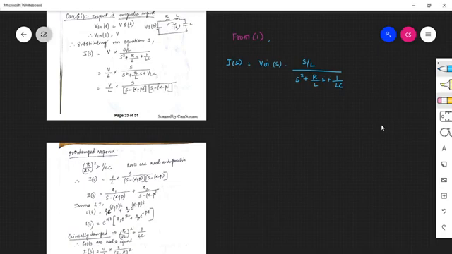As a continuation to the previous video, we are going to see the next two cases where the input is considered to be an impulse response or an impulse input, and the third case is when the input is a sinusoidal input. Case 1 was when the input is a unit step signal. In case 2, we are going to consider the input to be an impulse input.